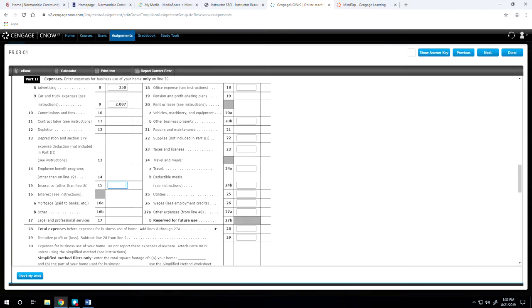Insurance is on the income statement. If you look for insurance, it is $875. Then we have office expenses. So what we're doing here for office expenses, and make a note of this when you go to do the problem on your own, because I think this one can be a little bit confusing because we're going to handle,